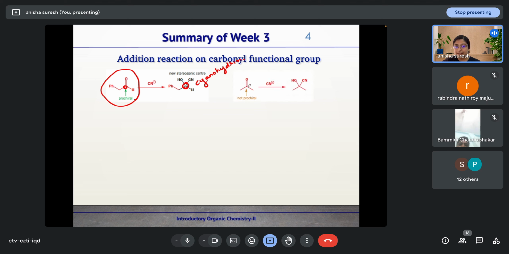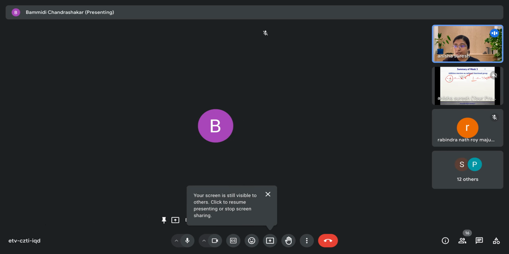And in the case of acetone, after addition of CN minus, we get a compound which is not chiral. So this center where the CN minus addition is taking place is not prochiral. So if the addition results in the formation of a new chiral center or stereogenic center, that center is known as